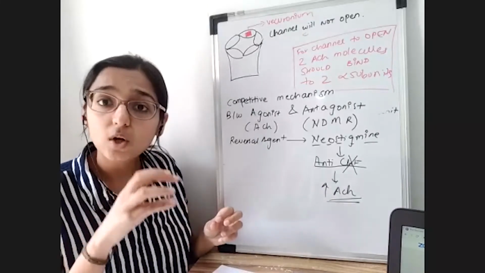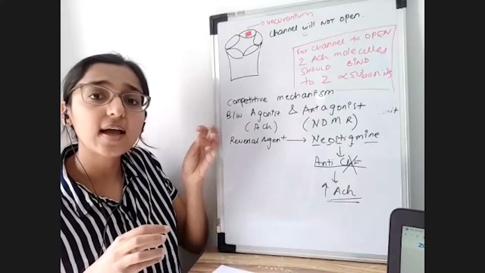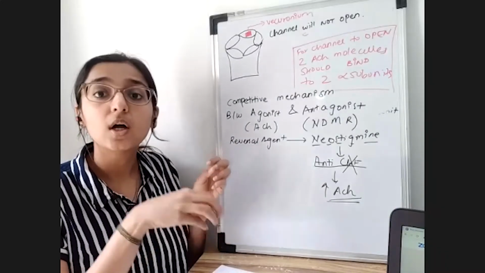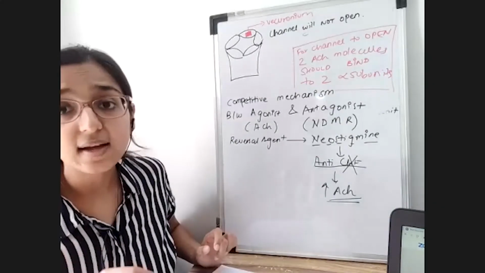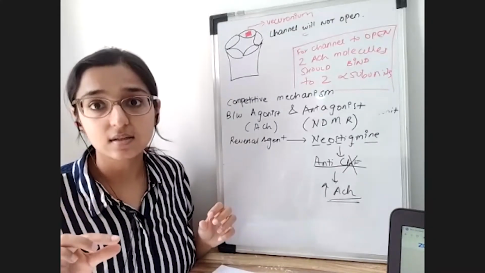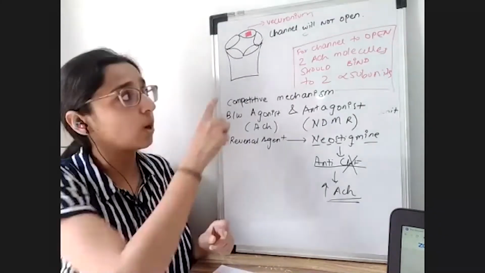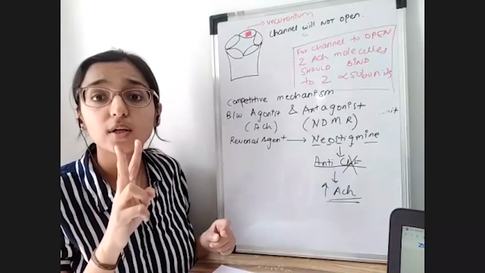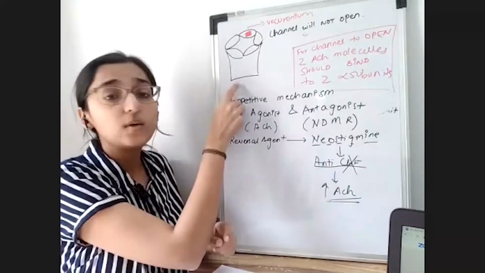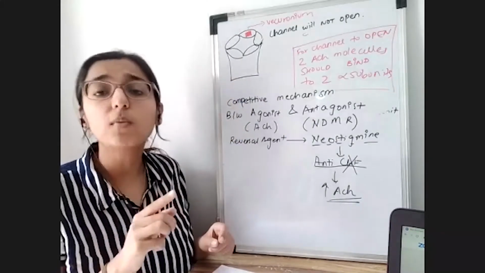That is because the concentration of the relaxant is still significant in the junction. So once the acetylcholine molecule detaches from the receptor, the relaxant molecule finds an opportunity to go and reattach to the receptor. Hence, we should always ensure that we reverse at a time when we expect that the concentration in the junction is the least. All right. Because as we know, even only one molecule of relaxant is required to block the receptor. But we need two molecules to open the receptor for the acetylcholine. We need two molecules of acetylcholine to activate the receptor. All right. Two molecules of agonist are required versus only one molecule of antagonist.